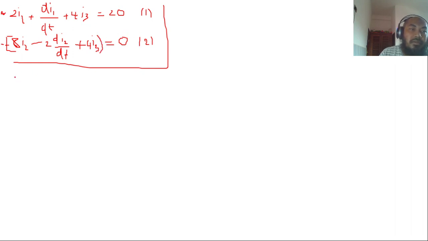So we will get, this one will be 8 I2 minus 2 di2 divided by dt, minus, should be plus, minus 4 I3 equal to 0, right? So this one will be 20, we plus, so we have 2 I1